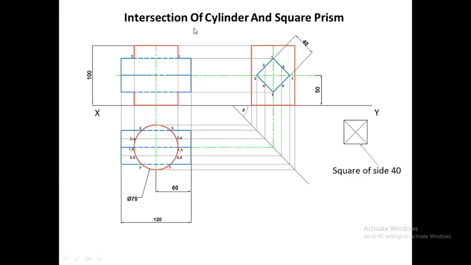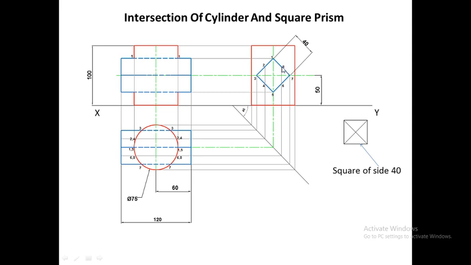So you can see that we have marked point number 1 and 1. This point or this line represents point number 1, whereas point number 1 from the top view is represented by this vertical line, that is this line and this line. So wherever this vertical line intersects with this horizontal line, that will be marked as point number 1. So we have marked point number 1 on left and point number 1 on right also. Similarly, now we will mark the next point, that is point number 2 and 8.